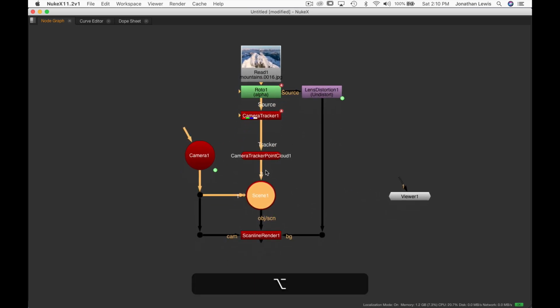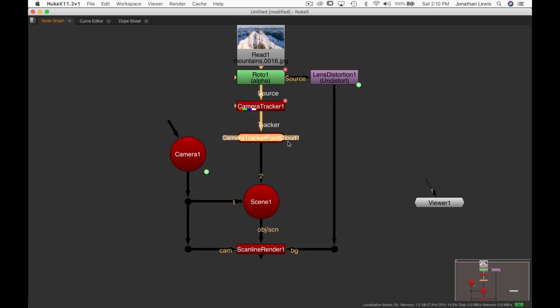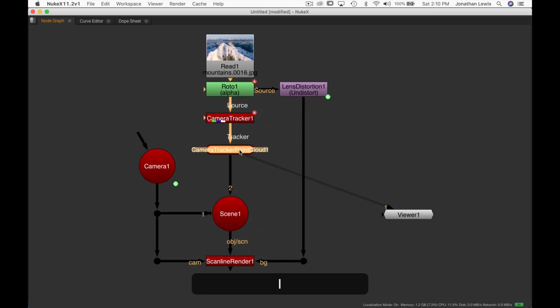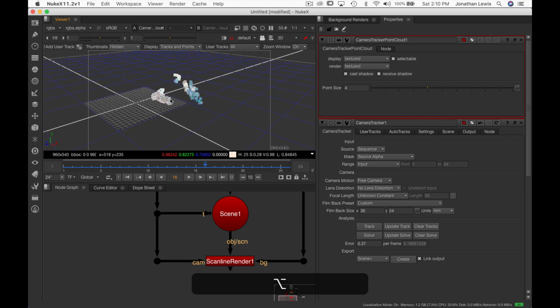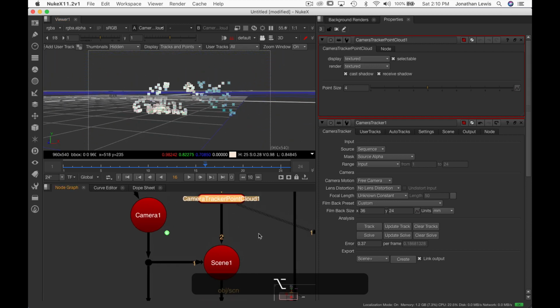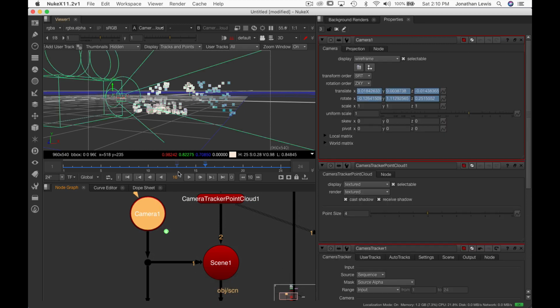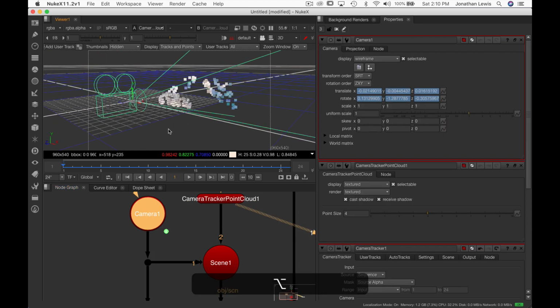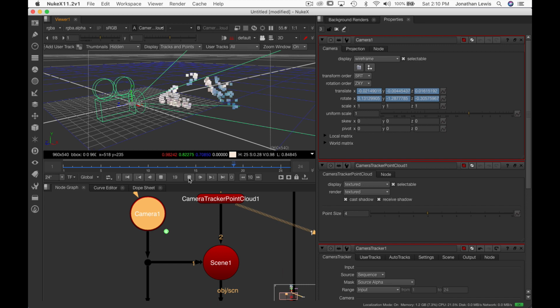All right. You can see we've got our point cloud data, which if I look at that, that's basically just our features represented in a point cloud format. There you go. And it gives us, more importantly, the camera. So if I play through the camera, you can see we've got that camera move. Let me load it in the viewer there. There you go. It doesn't want to update when you play, but if you scrub through it,